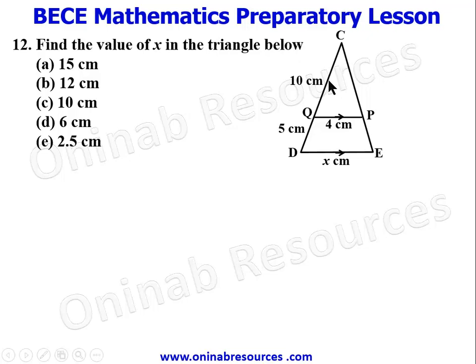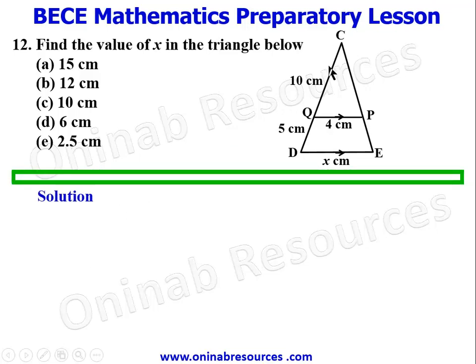And this is another problem on similar triangles, because we have two triangles here, the smaller triangle and the bigger triangle. So to solve this problem, we are going to state the triangles in the correct order of their similarities. So we start with the larger triangle, that's triangle CDE. CDE is similar to triangle. Our usual method is to see which angle is equal to C, which angle is equal to D and E